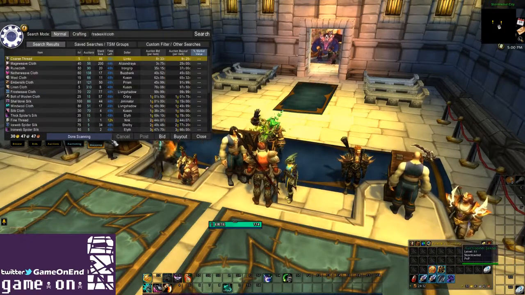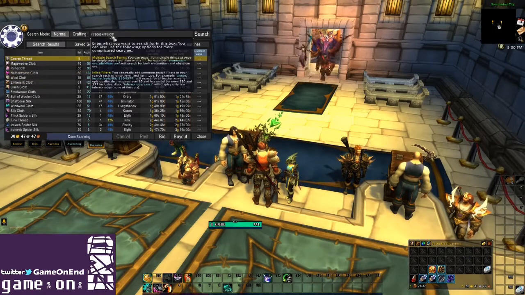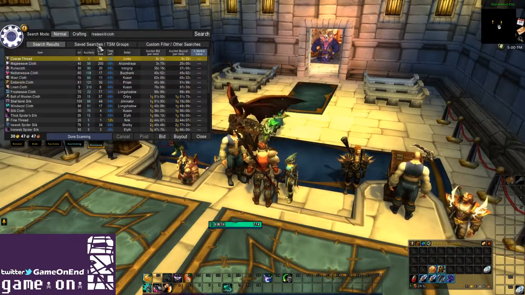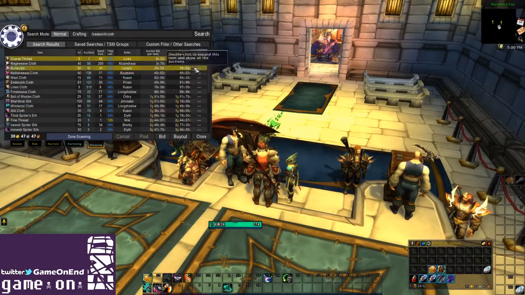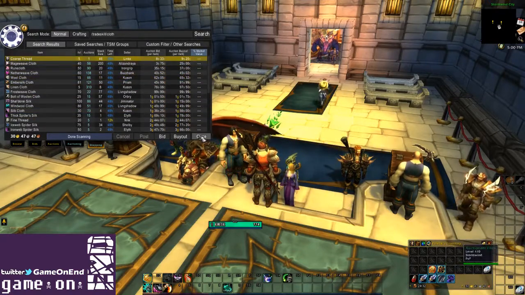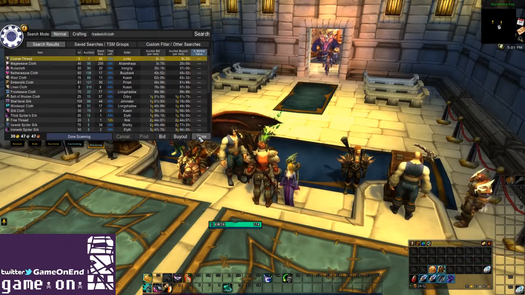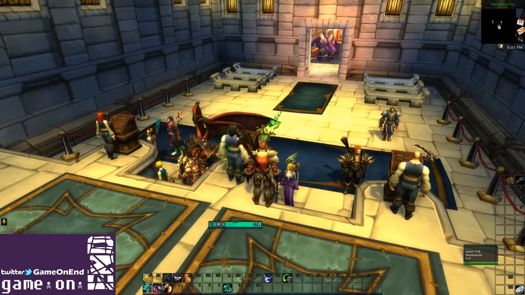Okay, so let's take another look at something here. Now, by default, it is searching for the DB market pricing. So we've done a search here for the items that fall under the cloth trade skill category, but we don't have a price showing because I actually haven't loaded the pricing for this specific realm. So all I have is the region pricing. So the way we can fix that,